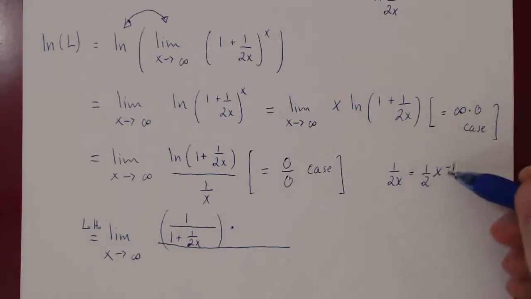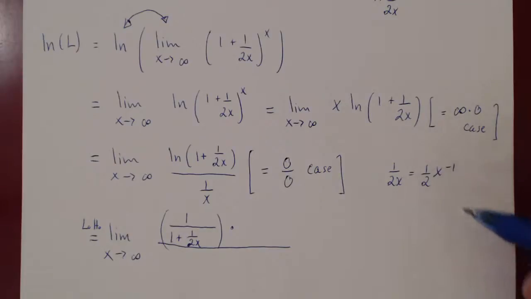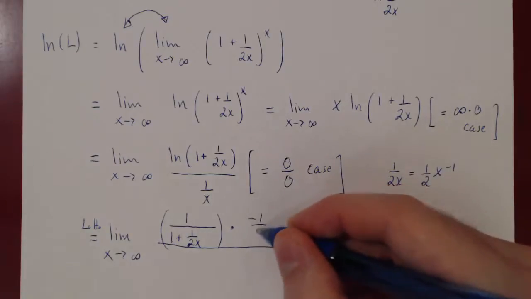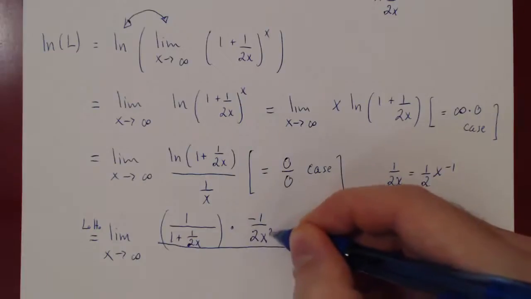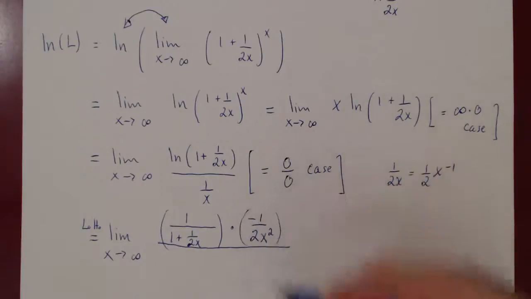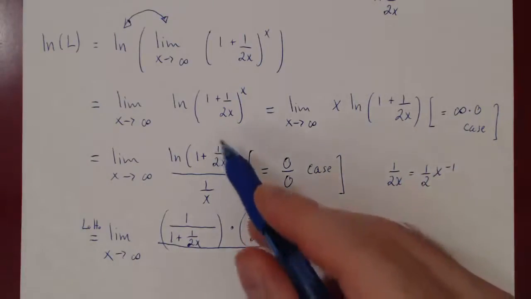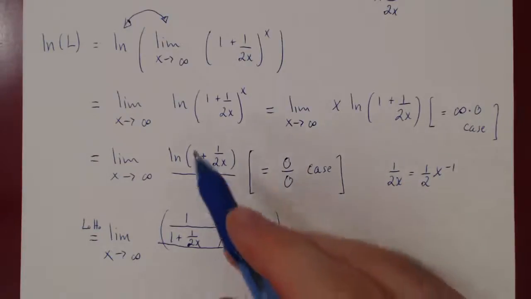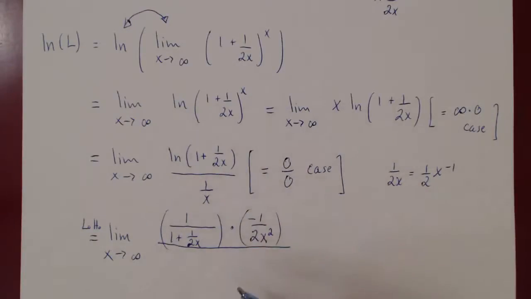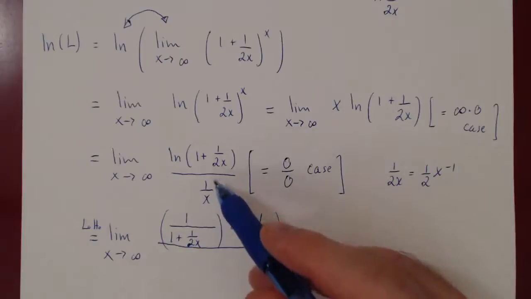So if you differentiate this, you'll get negative 1 half x to the negative 2, which will be negative 1 over 2x squared. This takes care of the derivative of the inside, which completes the derivative of the numerator,